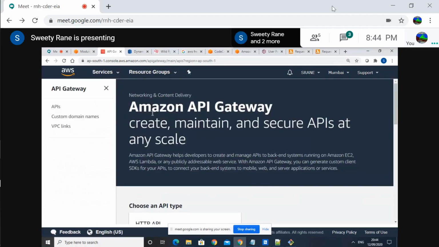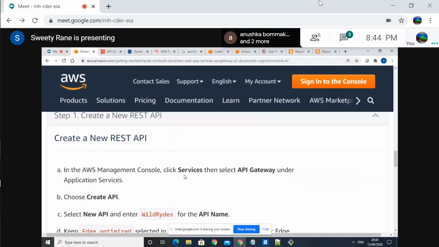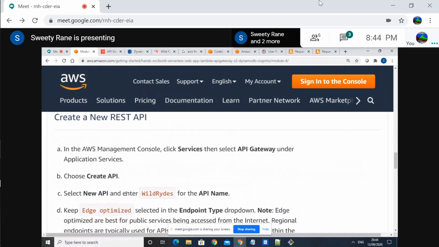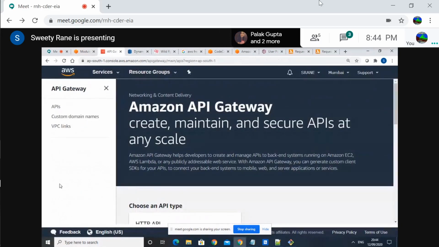Okay, what does the instruction say? Go back. Do we have a create API option? Is it down?